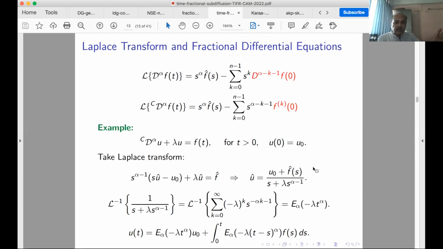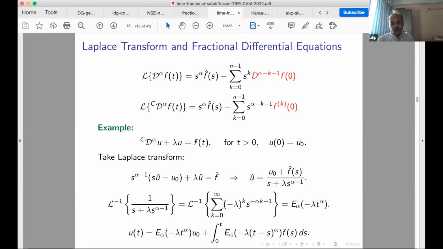So I will start with a simple differential equation involving Caputo derivative, because Caputo derivative and Riemann derivative have some relation, so one can exploit that: if one gets one, the other one can be found out. So that is why I started with this simpler definition. This is called the Caputo derivative of order alpha,